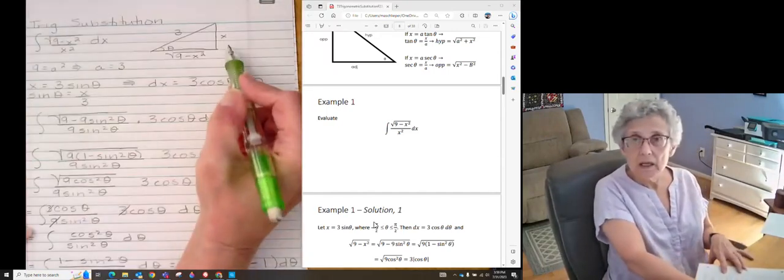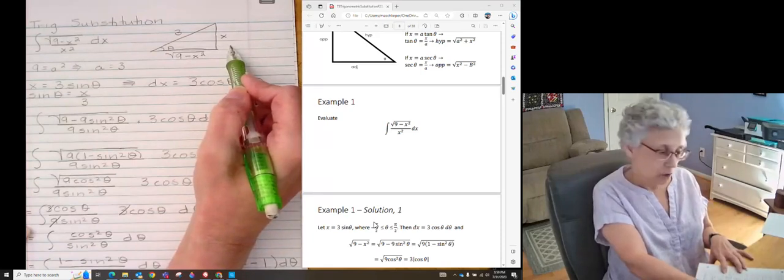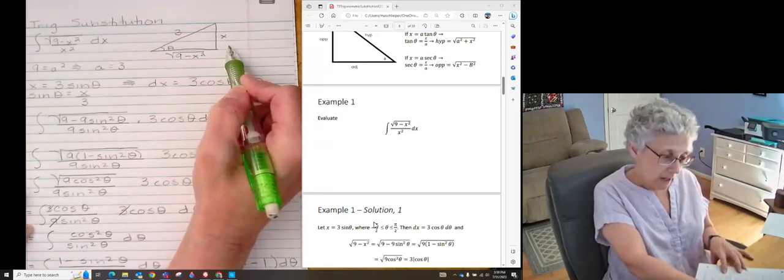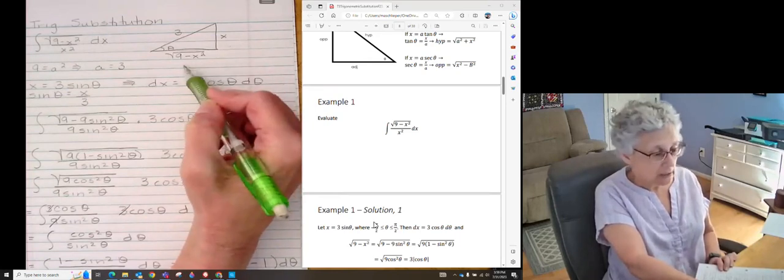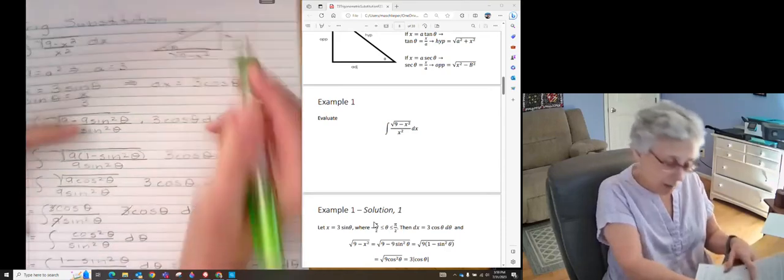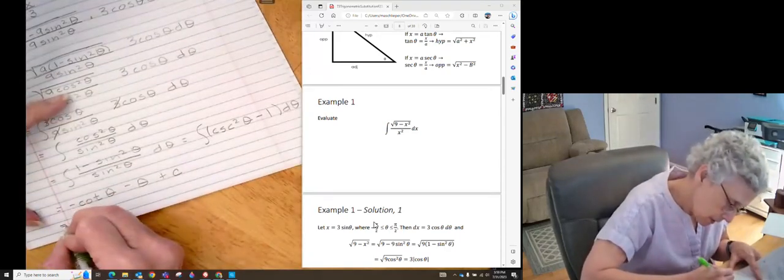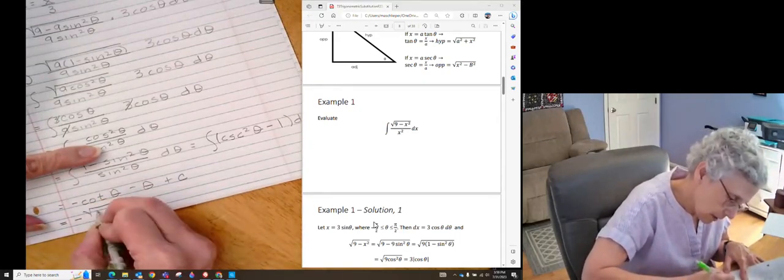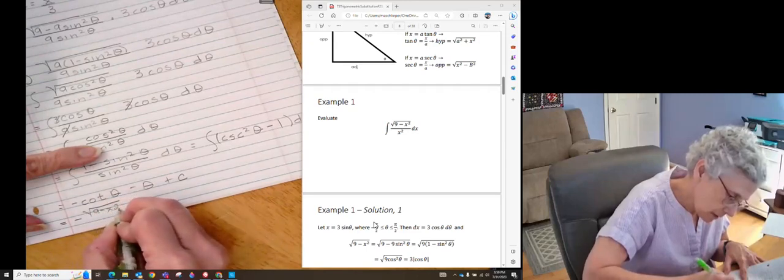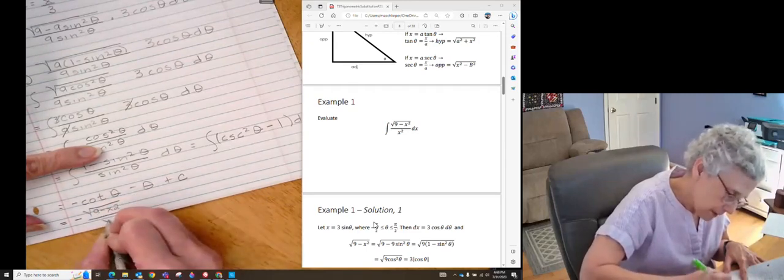That's okay because I have this little triangle up here and I can figure out exactly what cotangent is, because it's adjacent over opposite. So this is negative, adjacent is the square root of 9 minus x squared, over opposite, which